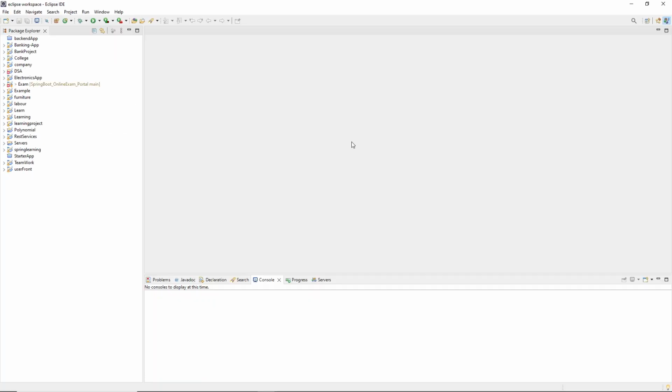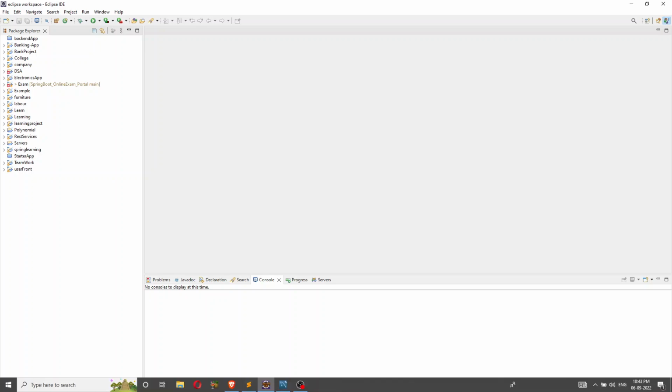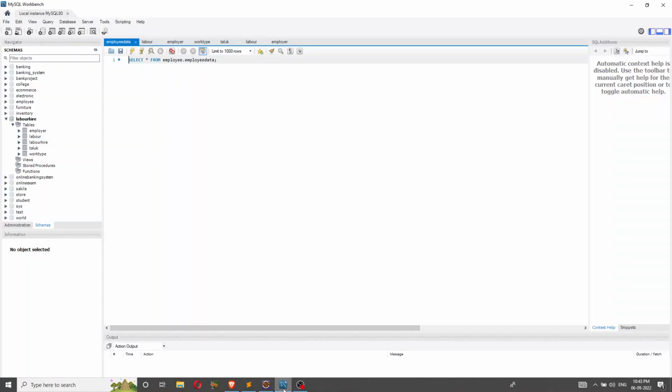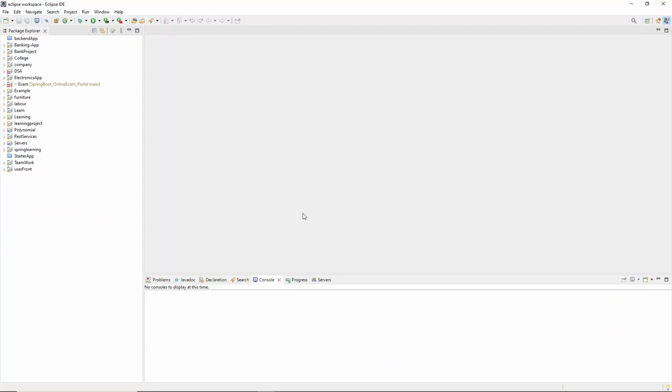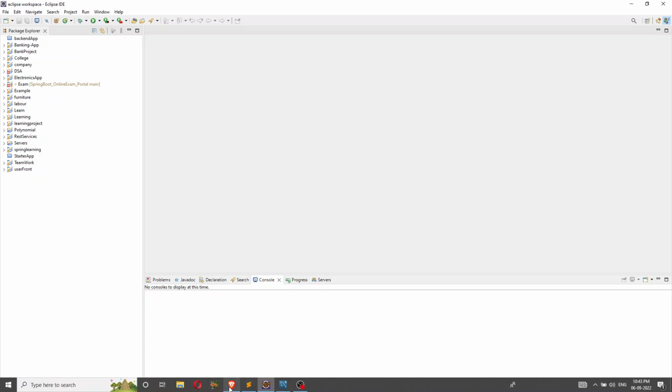Alright. First, what we need is to set up a project in our Eclipse IDE. For the Spring Boot project, I'm using Eclipse IDE, and for the database, I'm using MySQL Workbench. I'll show you step by step how we can achieve this. First and foremost, we need to set up the project in your Eclipse IDE. So first, open your Chrome browser or any of your favorite browsers